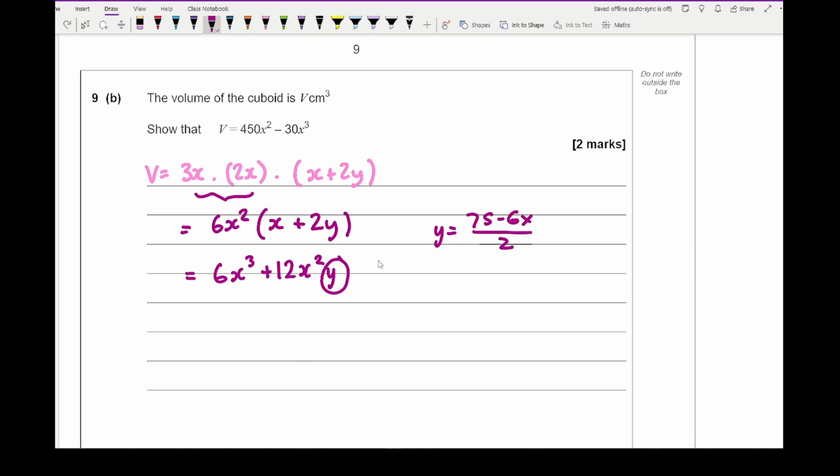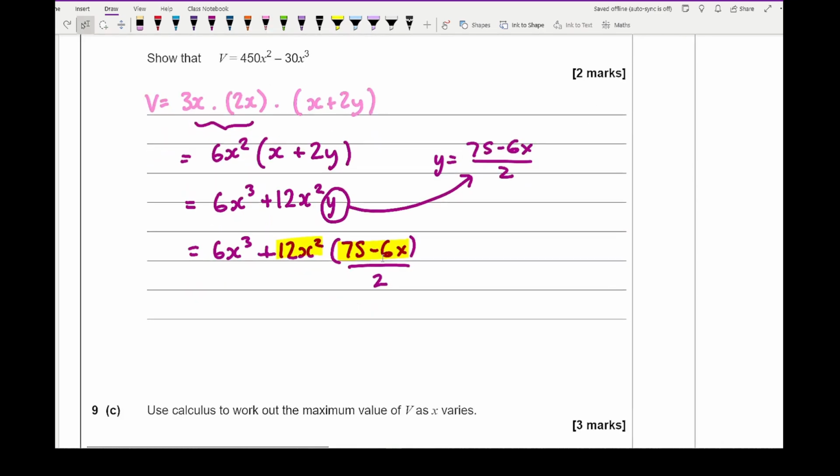So if I swap this for this, what does that become? Well, that's going to become 6x cubed plus 12 lots of x squared, and then we're going to multiply that by (75 minus 6x) over 2. So then multiplying this by this, what we end up with is 6x